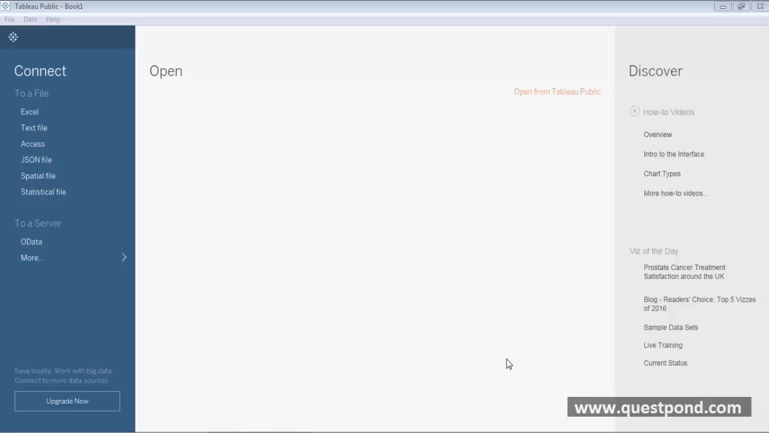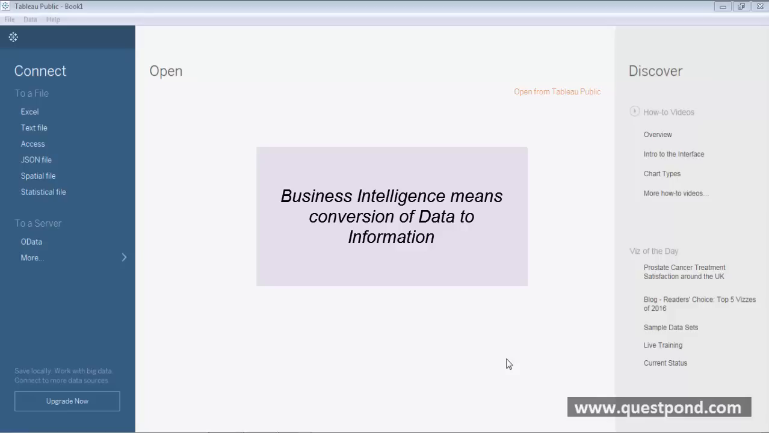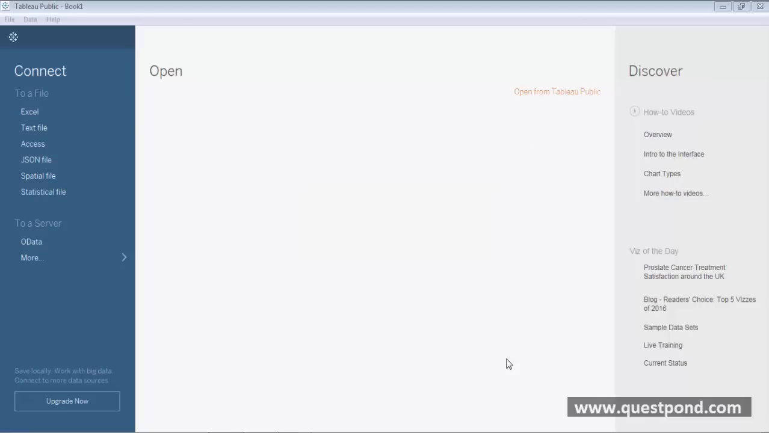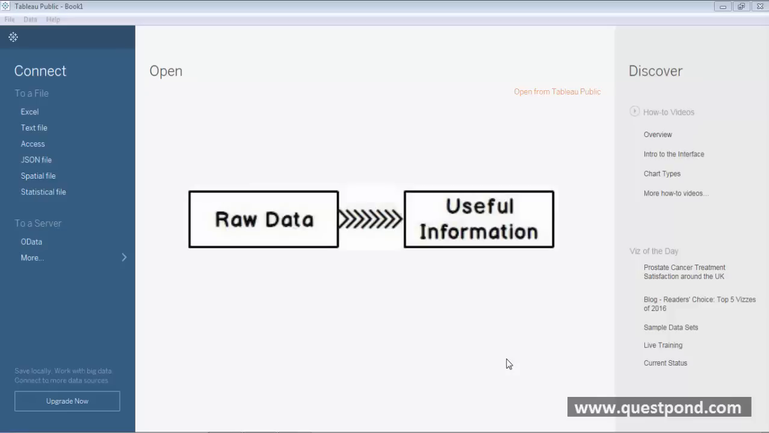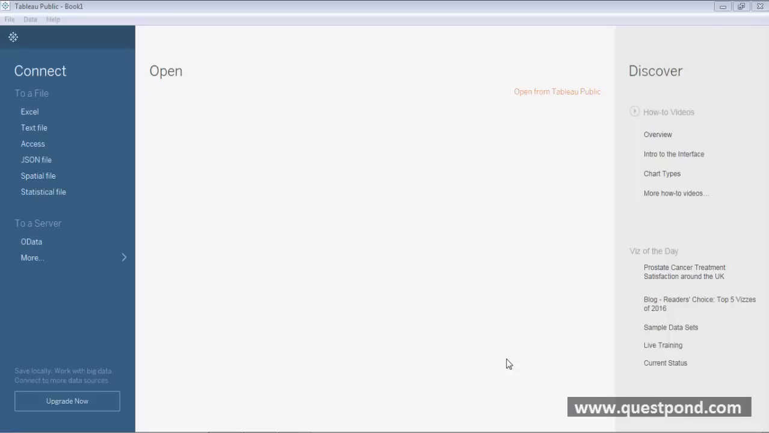Now what do we mean by business intelligence? In simple words, it is a conversion of data into valuable information. Whatever the industry or domain, anywhere we go, data is generated, and that data is raw data. To get something useful from that raw data, we use business intelligence technologies, and this raw data is converted into useful information so that we can take an informed business decision, and that's where tools